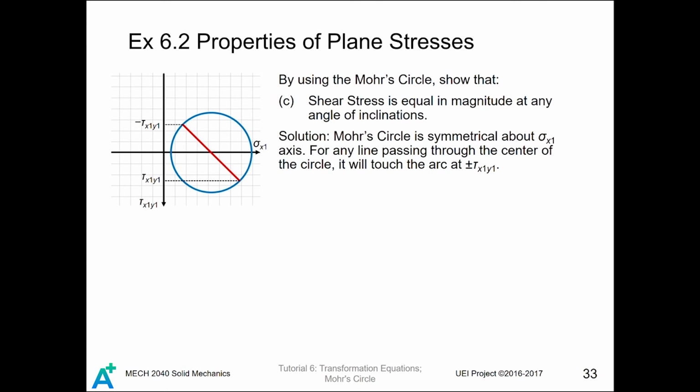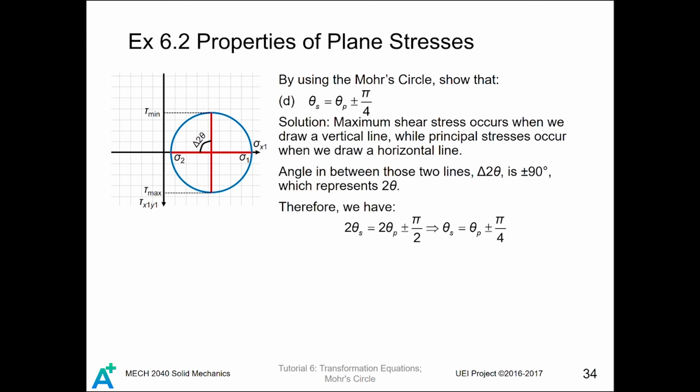Although the shear stresses have opposite signs, they have the same magnitude. We are going to show that the angle of inclination where the maximum shear stress occurs equals the principal angles theta p plus minus pi divided by 4. So to do this, first let's